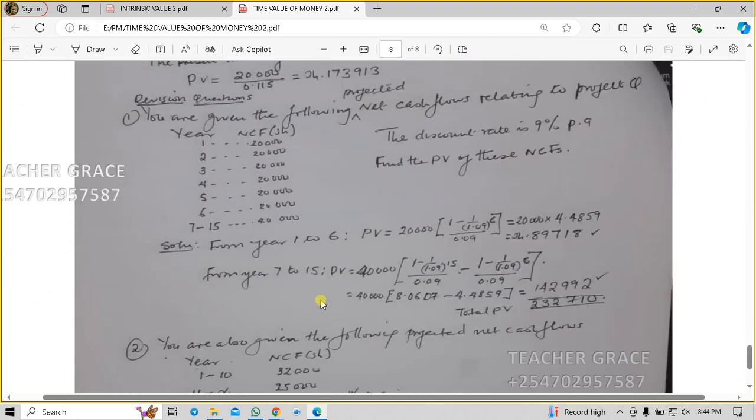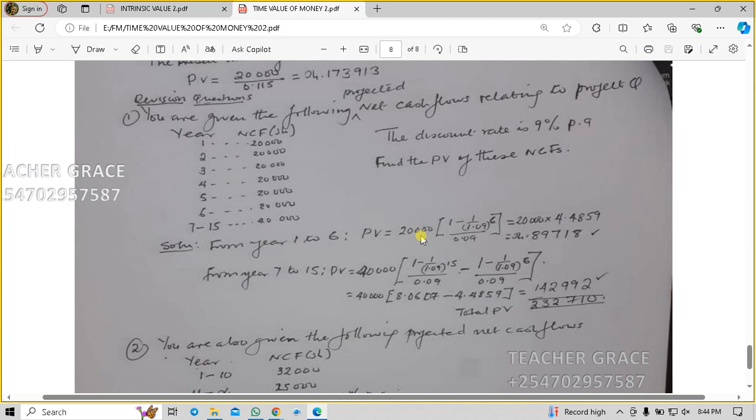So let me go to this. This one is also, the question can be twisted like this. You are given the following net cash flows relating to project Q. Year 1, 20,000, year 2, 20,000, year 3, 20,000, year 4, 20, year 5, 20, and year 6, 20. Then you have year 7 to 15, 40,000. So when you're given such kind of a question and the discount rate is 9%, from year 1 to 6,